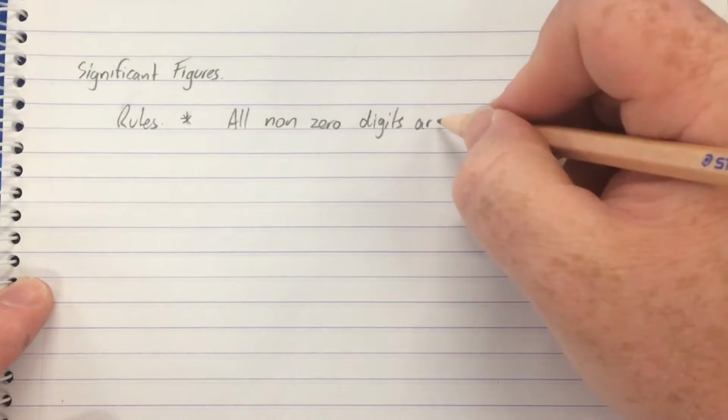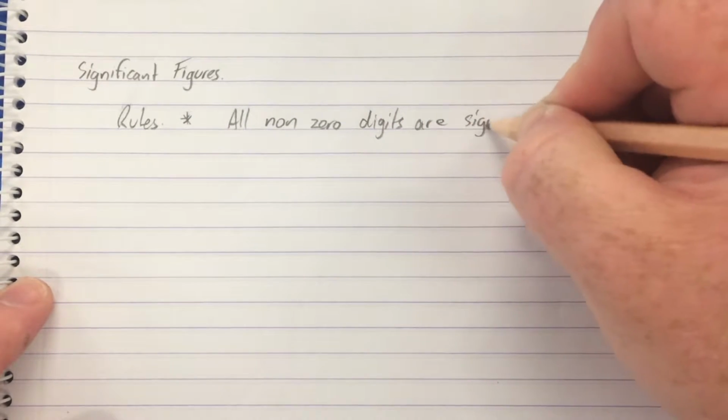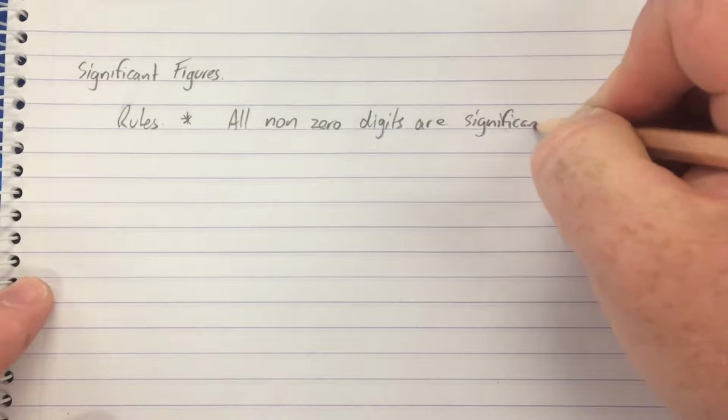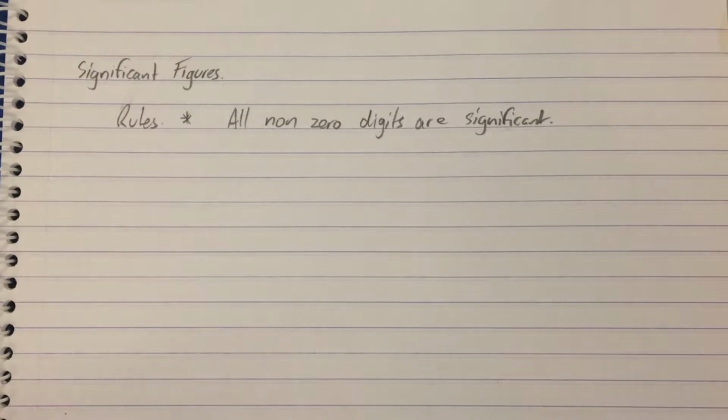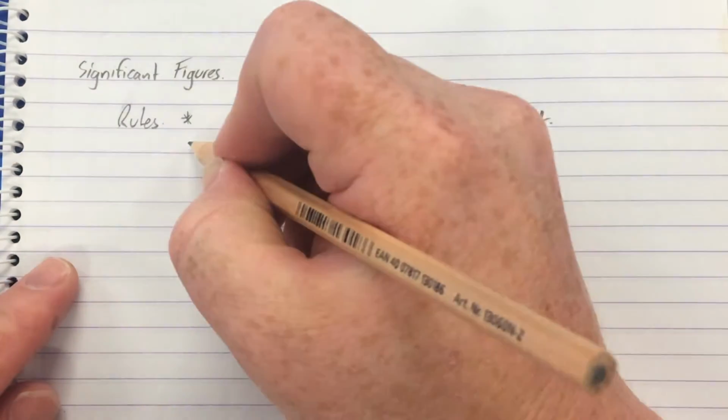So all non-zero digits are significant. So what that means is, in a number like 23.5, all of the digits are not zero, the 2, the 3 and the 5, so there'd be 3 significant figures in the number 23.5. The next rule is